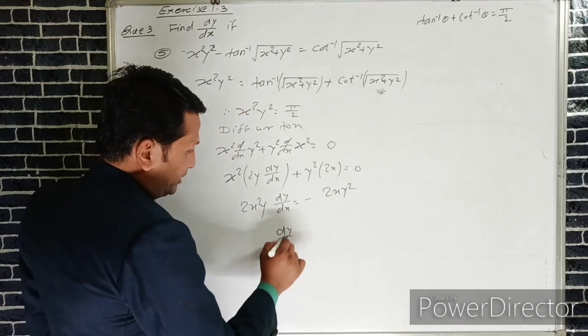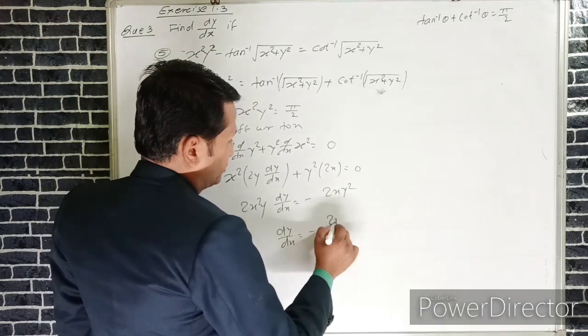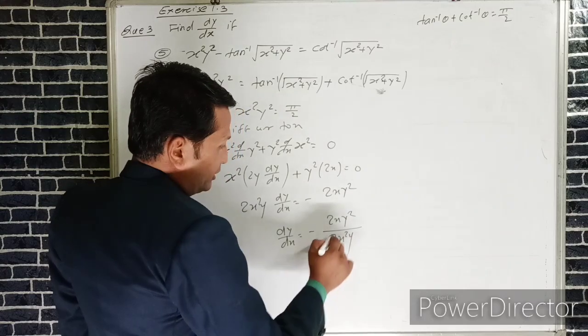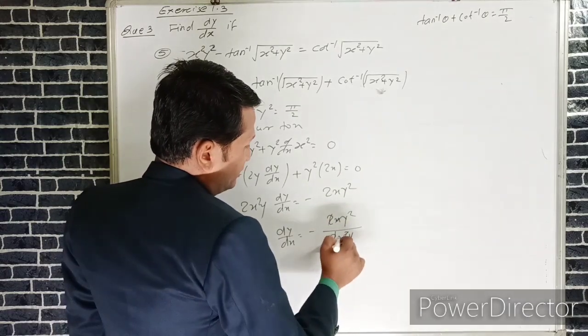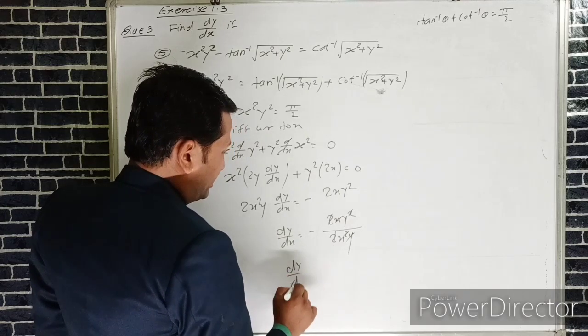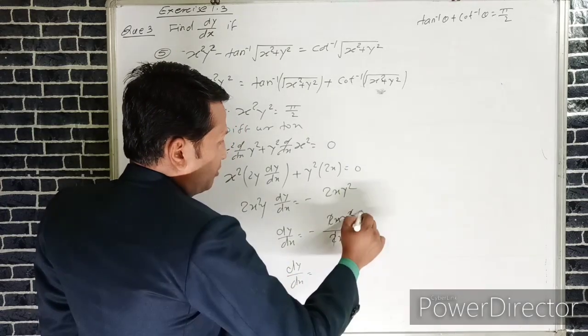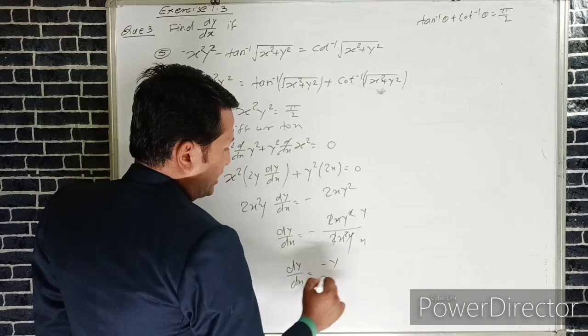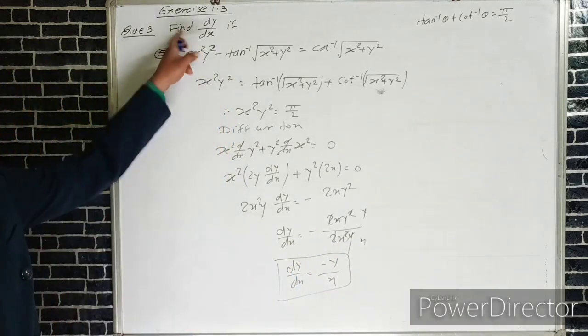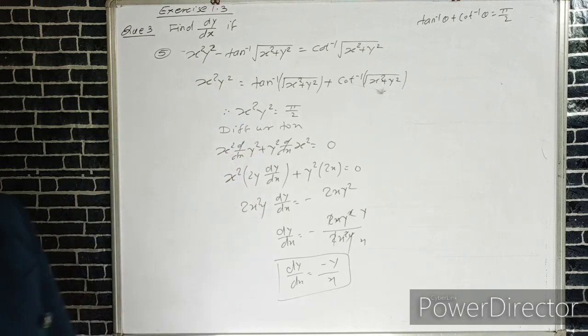Therefore dy upon dx is equal to minus 2xy square upon 2x square y. Here 2 cancels, x cancels, y square and y cancel. We can write dy upon dx is equal to minus y upon x,